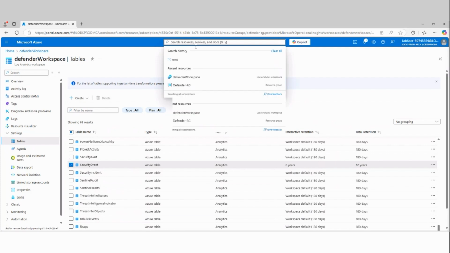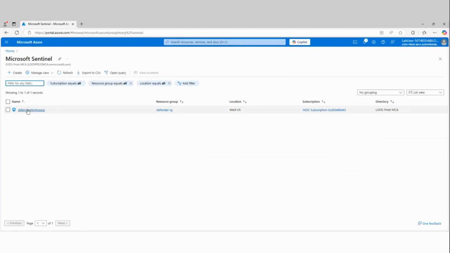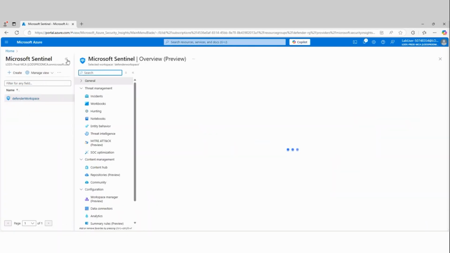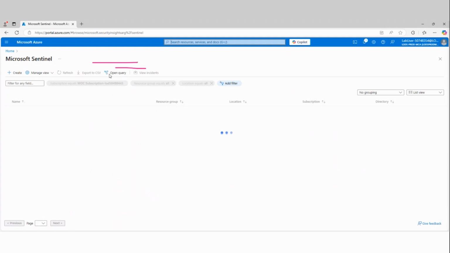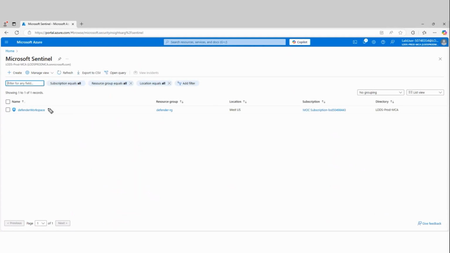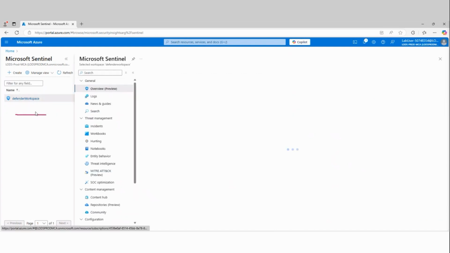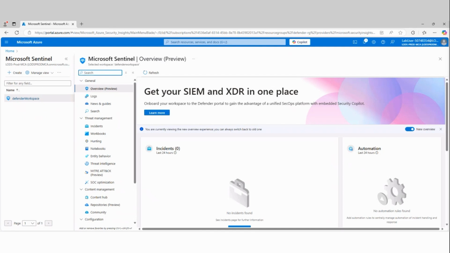Now, the next thing, so let's go ahead and shift gears here. Let's go back to our Sentinel instance. And by the way, your Sentinel instance is pretty much the same as your workspace name. So if you notice here, when I go to the main Sentinel page, the name that you see is actually the workspace. This is my Sentinel deployment, but it mirrors the name of my workspace essentially. So here we are in our Sentinel workspace.